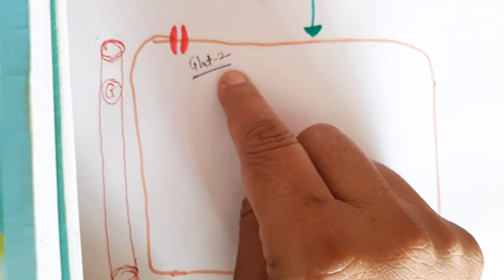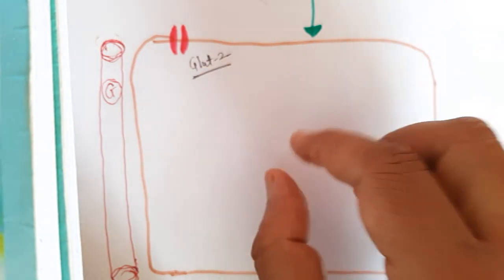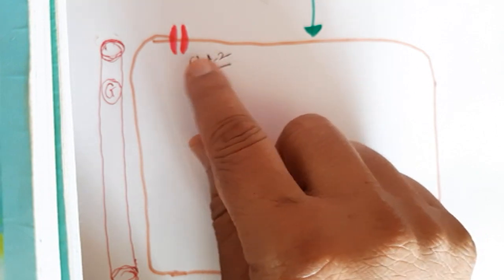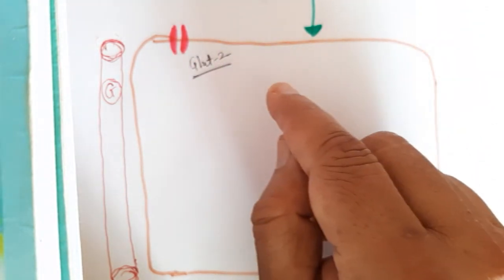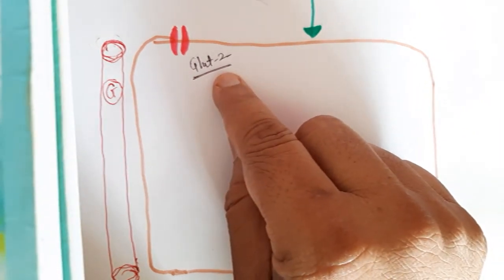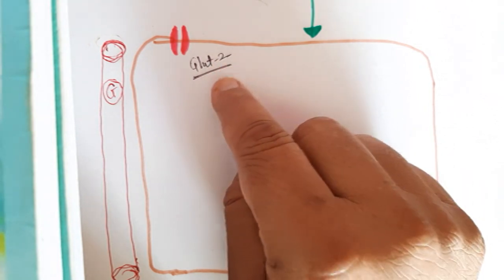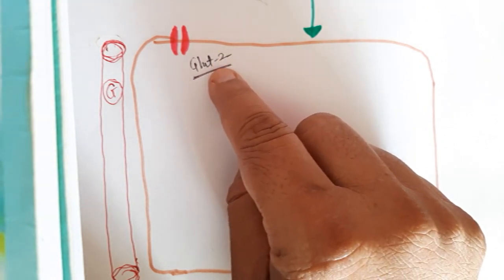There are different types of transporters for transport of glucose inside the cell, like GLUT2, GLUT4. In specific organs, on the cell membrane, these specific transporters are present. GLUT2 transporters are present on the membrane of beta cells of pancreas and on the